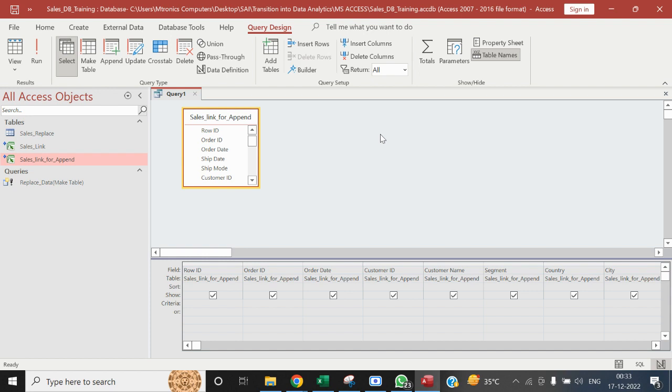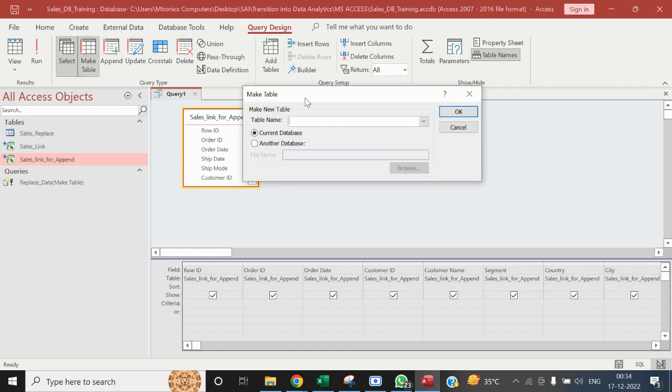Very first time when you run the query, you have to run a make table so that it creates a new table in your database. When you're creating an append query, your first step will be to run a make table query so that it creates a new table. Then, while saving, you need to change it to an append query. I will name this as sales